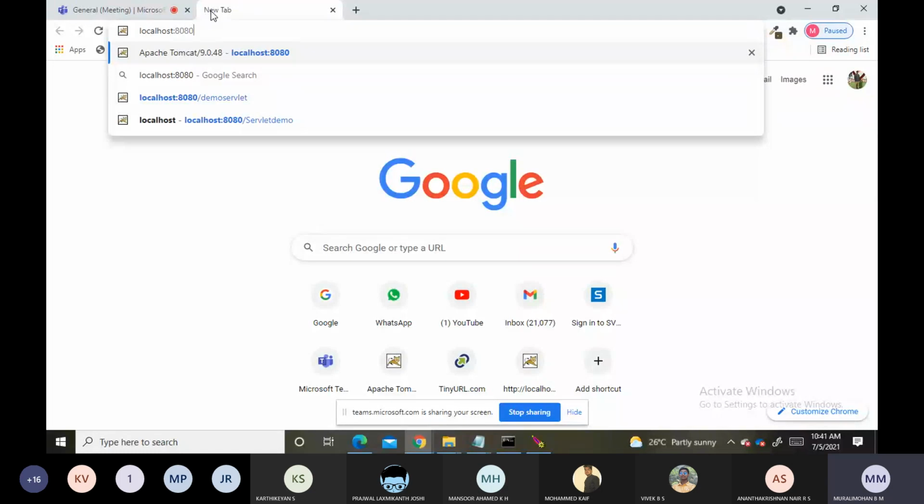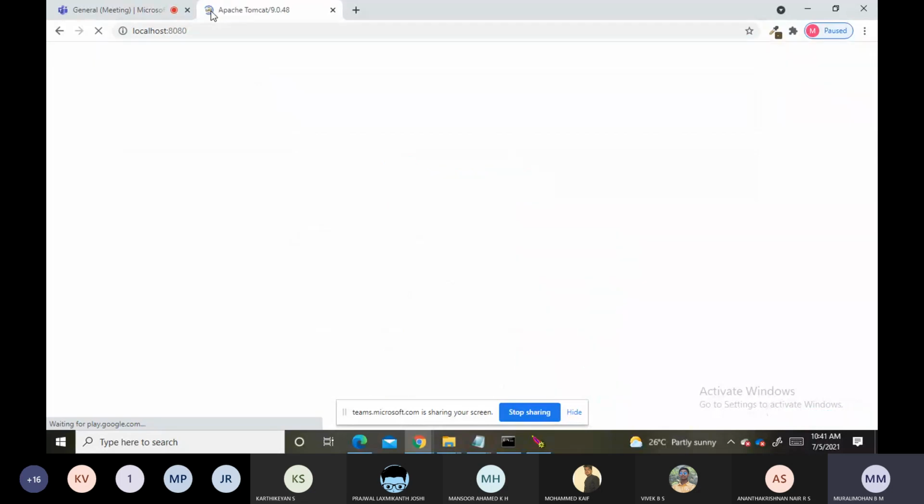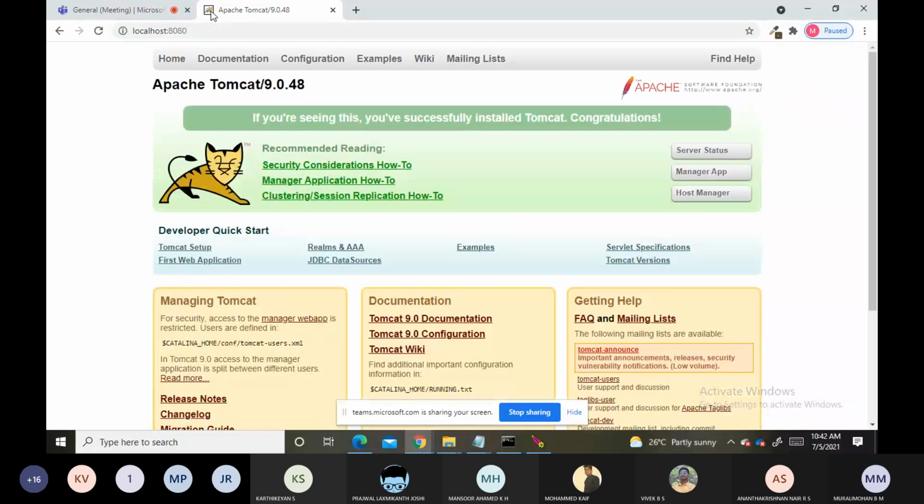If you gave a different port number during the installation, then you should give that port number here. Now I will press enter. We check whether the server is running. Okay, the server is running.